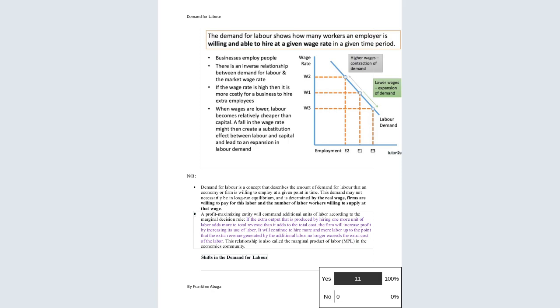The shift of the labor demand curve. So we talk about it being brought about by the demand for products. It is going to be brought about by change in the price of substitutes, and also technology levels. So I'm going to take my time to explain every one of those, but let me find